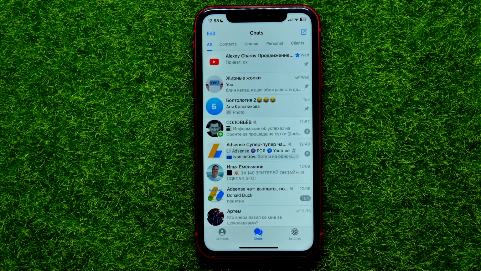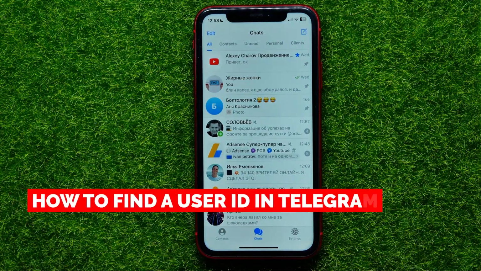Hello guys, welcome back. In this video I will show you how you can easily find user ID in Telegram